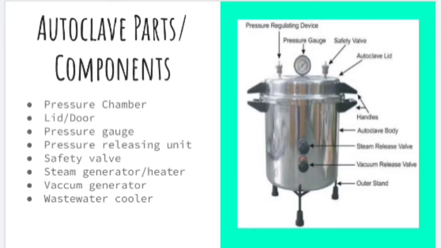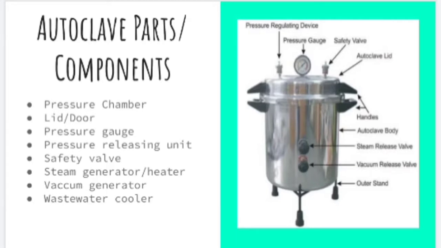Steam generator or electrical heater. An electrical steam generator or boiler is present underneath the chamber that uses an electric heating system to heat the water and generate steam in the inner and the outer chamber. The level of water present in the inner chamber is vital, as if the water is not sufficient, there are chances of the burning of the heating system. Similarly, if the water is more than necessary, it might interfere with the trays and other components present inside the chamber.